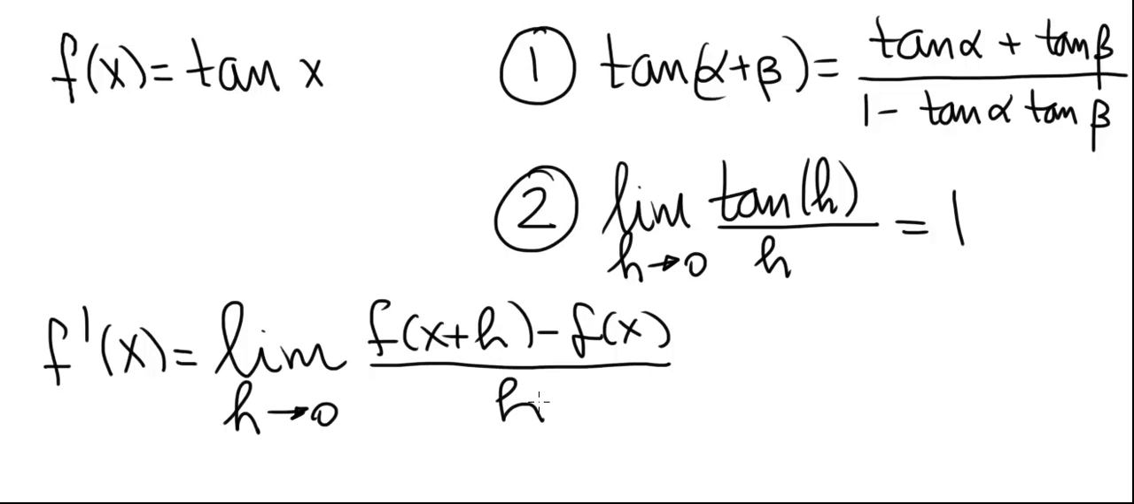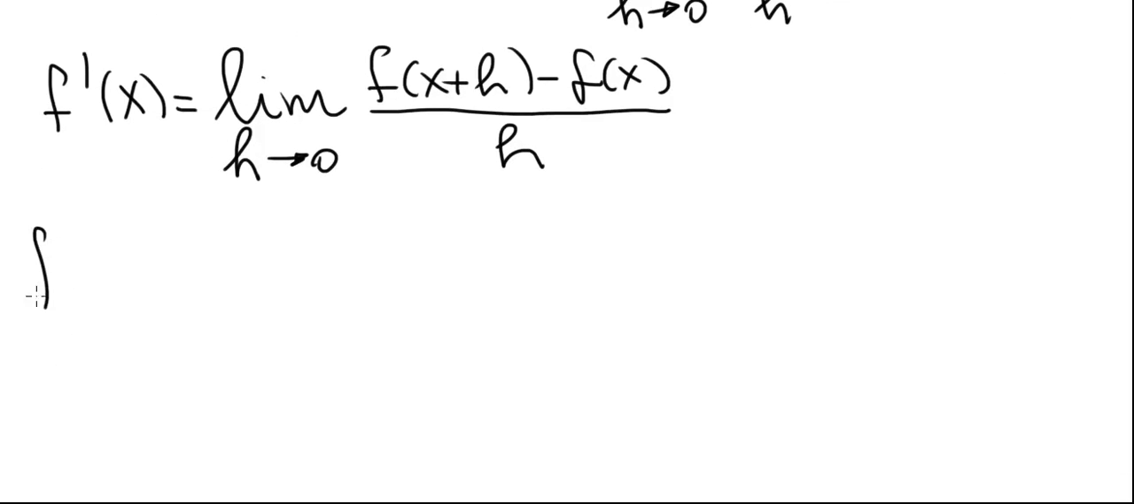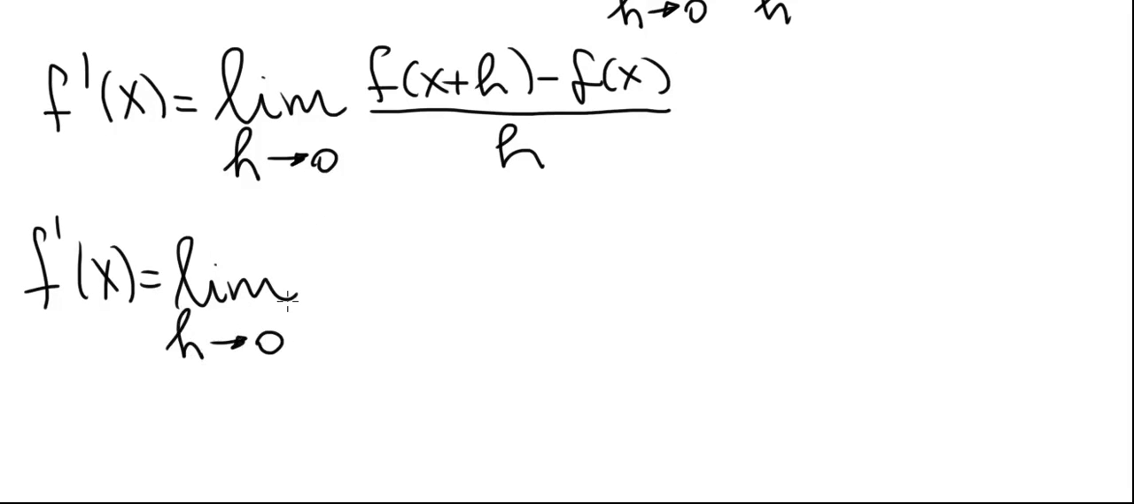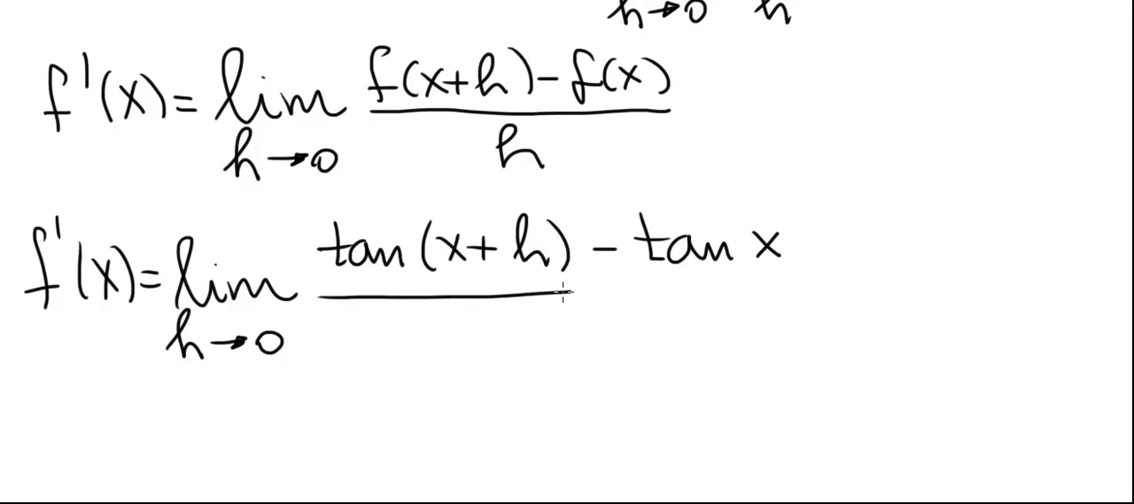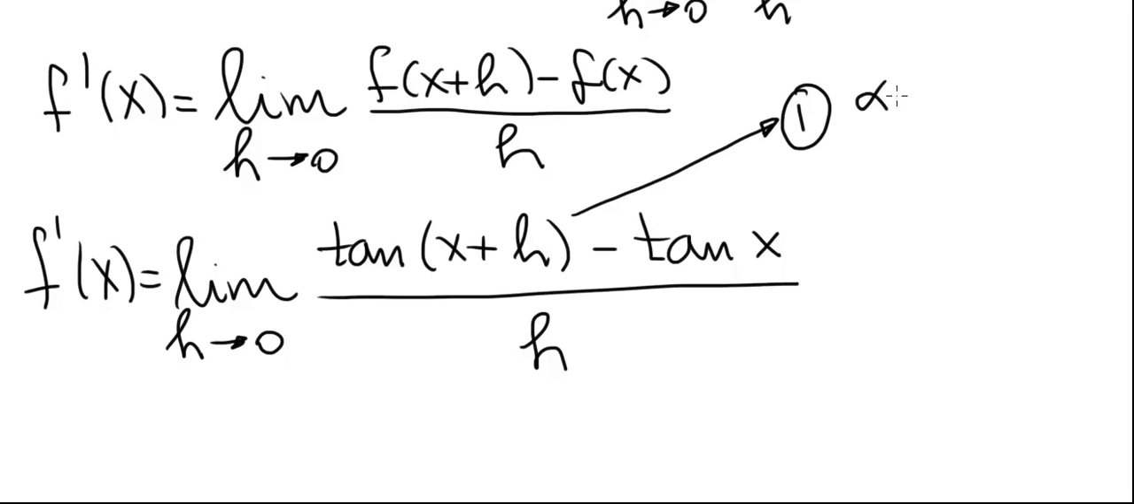And let's apply that to the function at hand, which is f of x equals tangent of x. Therefore, f prime of x equals the limit as h goes to 0 of tangent of x plus h minus tangent of x, divided by h. To continue, we will have to use the trig identity outlined above. So right here we'll expand tangent of x plus h using the trig identity, result 1, with alpha being x and beta being h. So our next step is to say this is equal to